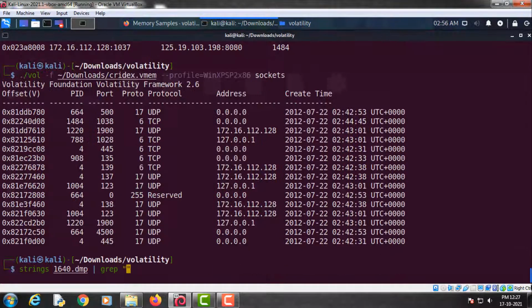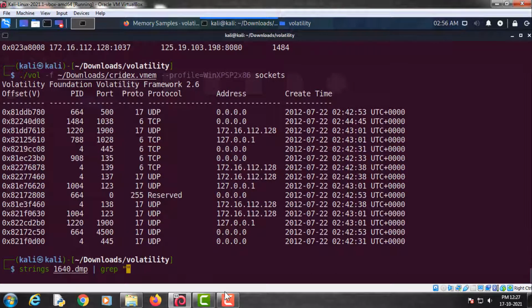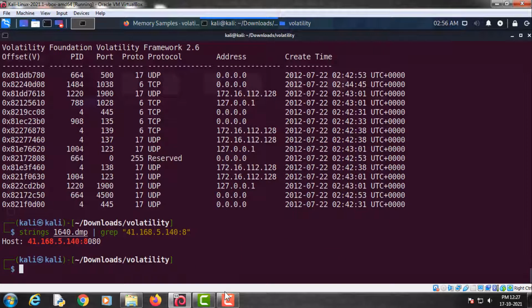So we will copy this. Let's press enter. So as you can see, we have established a connection between